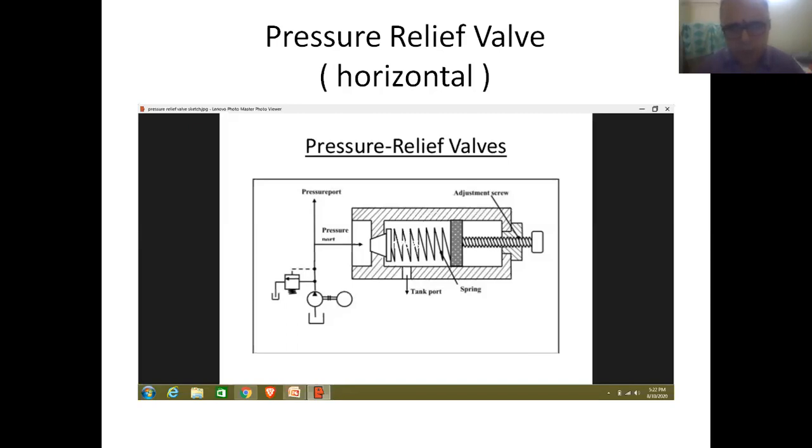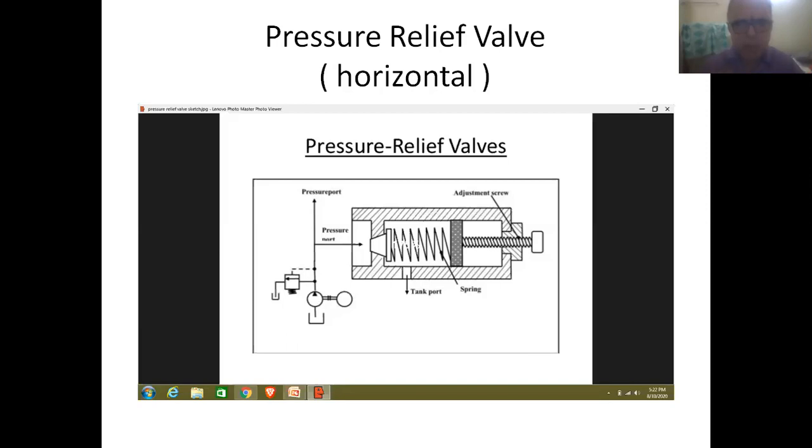So friends, this is about the construction of this pressure relief valve. And secondly, if the pressure of the fluid is within the normal limits, then the fluid coming out of the hydraulic pump will be entering the circuit.